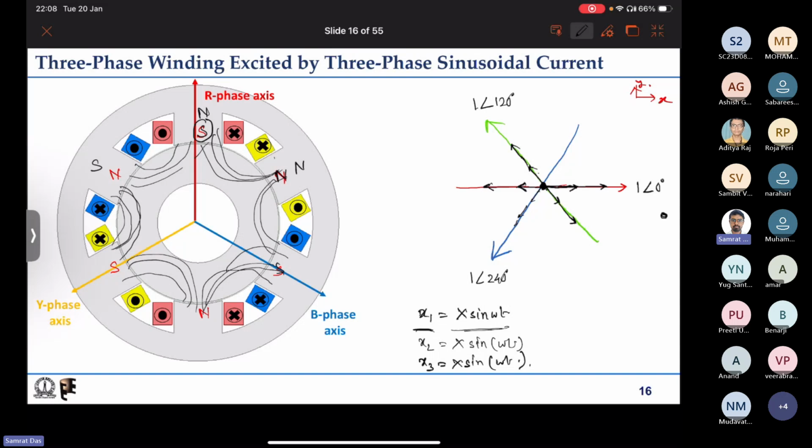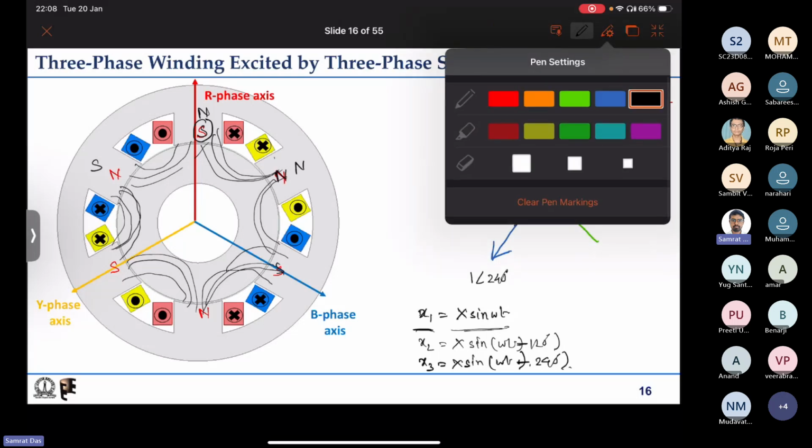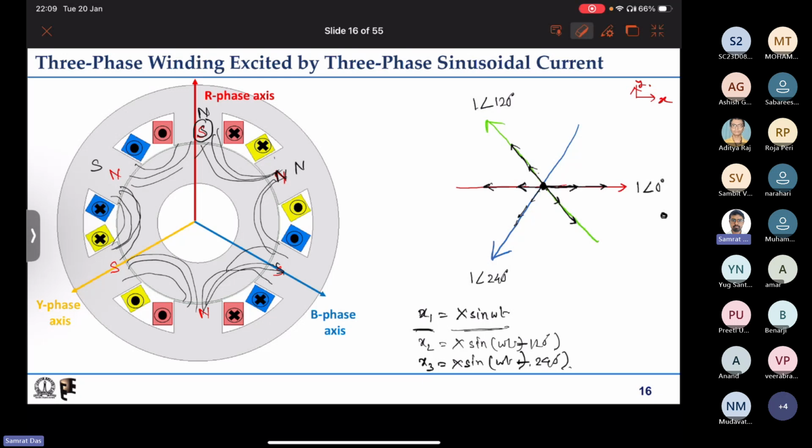Now if we have omega t equal to 180 degree here, and minus 240 degree here, what will happen? Now it will be rotating. If you do this math, you will find out that it will rotate. So for the convenience of everyone, let me just do it for omega t equal to 0 degree and omega t equal to 90 degree, let's say. So omega t equal to 0 degree, this one x1 is basically